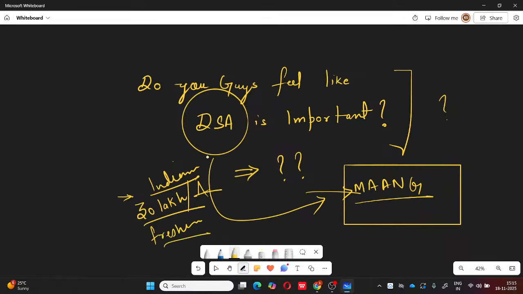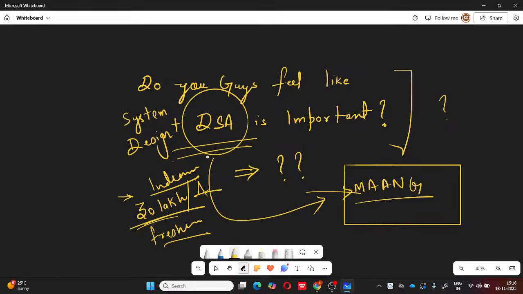Why are such large packages given just because of this skill? So why is this a skill, or system design? Why are they so relevant, right? So we need to discuss these few factors before opening up the session, right? We need to understand why system design becomes so important, why DSA becomes so important, that any MAANG company can give you a package of 30, 40 LPA, and you must have heard the news, right? That somebody is getting a placement of 1 crore or more. So why does that happen?